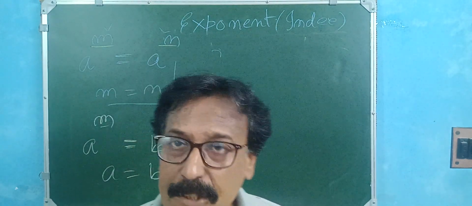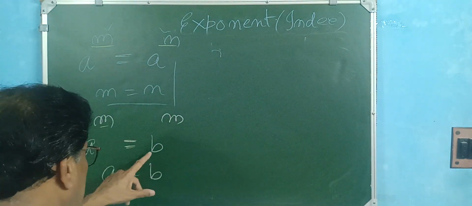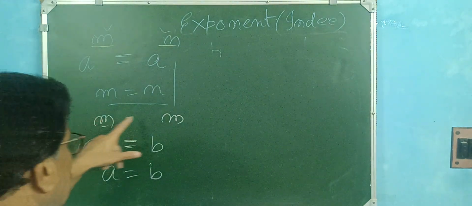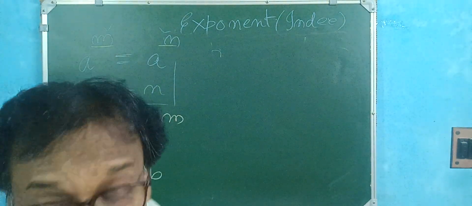Now, let it not be so. It is not possible. If a is not equal to b, it is not possible for you to write here, because these are same and this is the equal sign. Clear? Now,